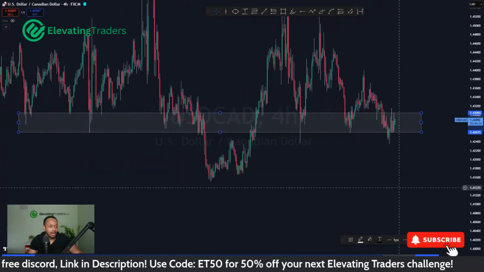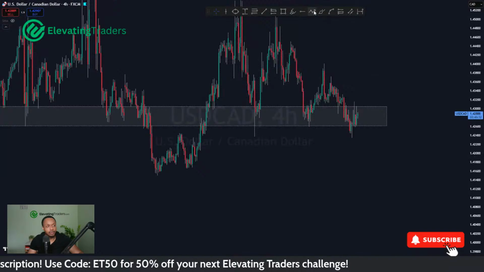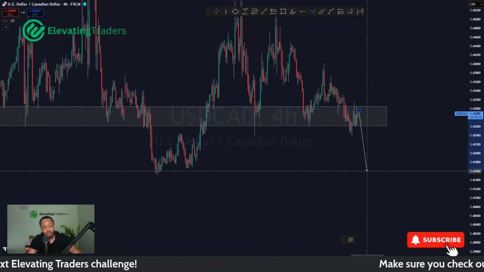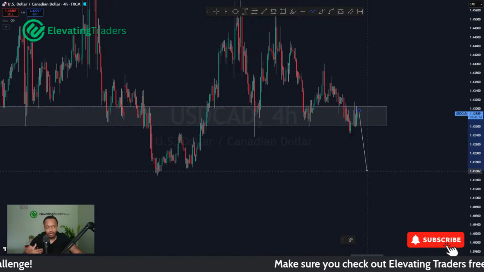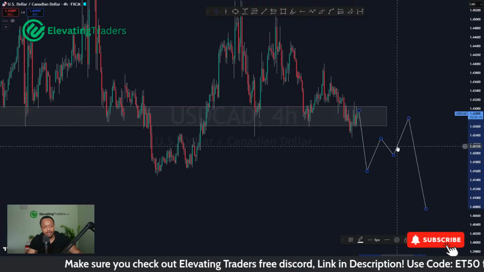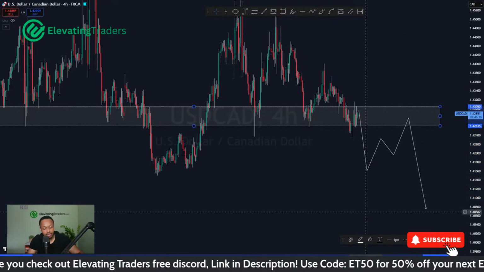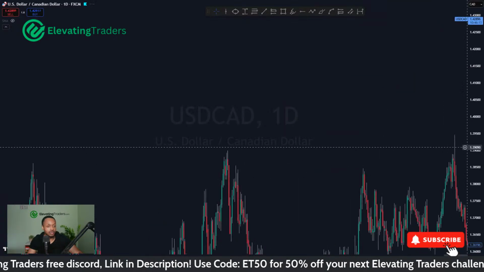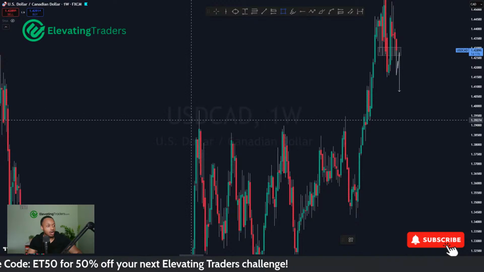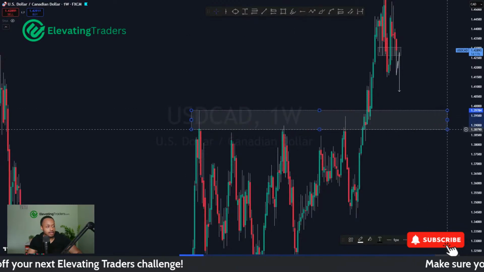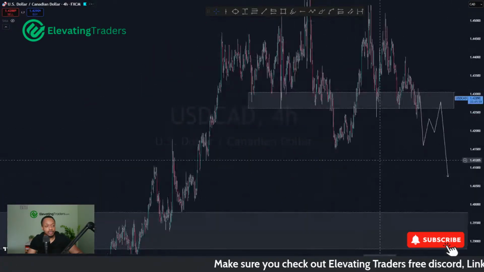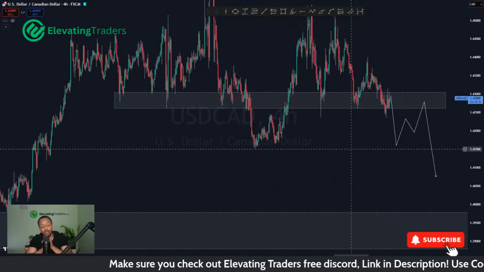But looks like we're climbing back above. So in terms of Dollar CAD, I still do have a bearish bias, but I want price to really clear this level to give me a lot of confidence that the breakout is well and truly here and price is likely to head lower. Then I will start to look for some pullbacks, because I'm still looking at 1.4-ish for a push for Dollar CAD. In fact, if I expand to the weekly chart, you'll see that level a whole lot better. As you can see here, just below 1.4 is where I'm looking for Dollar CAD to come into. So there's a lot of pips to catch there if we were to see that move.